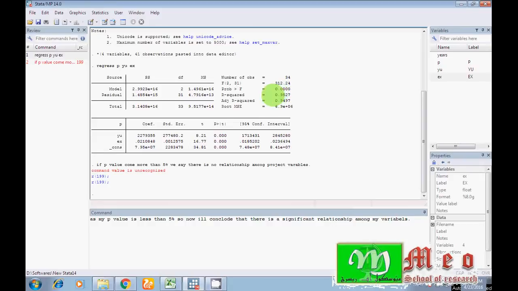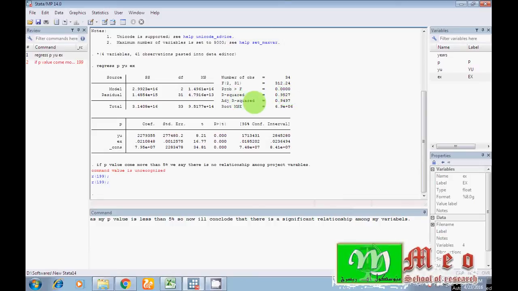Then R square indicates how much your independent variables are affecting your dependent variable. You can see there is a 95% effect of all independent variables on the dependent variable, meaning this is a good model, as 95% of your dependent variable is explained by your explanatory variables.